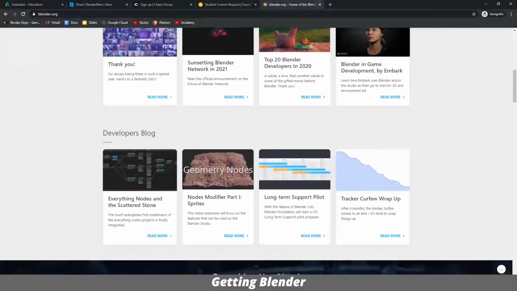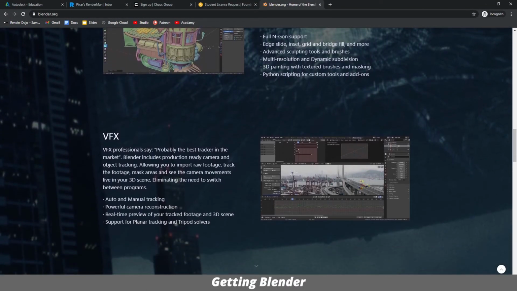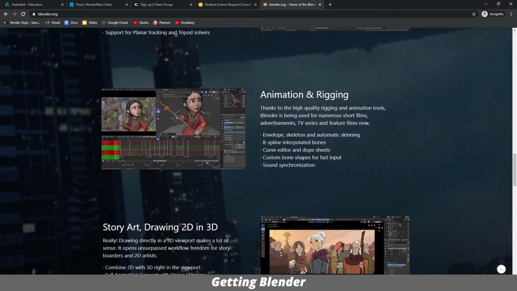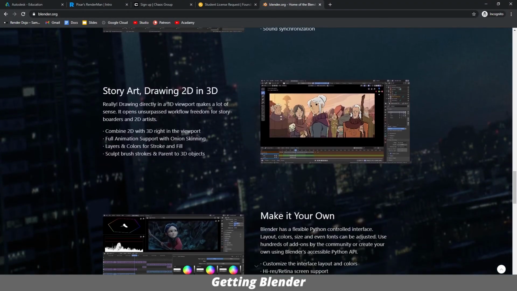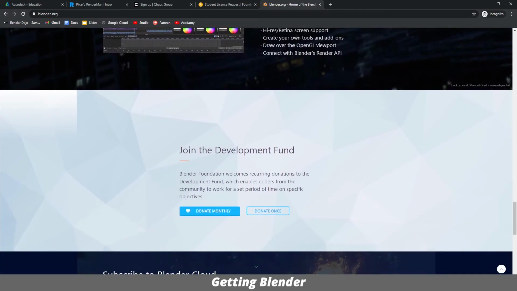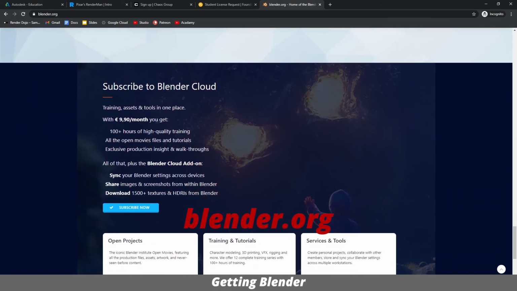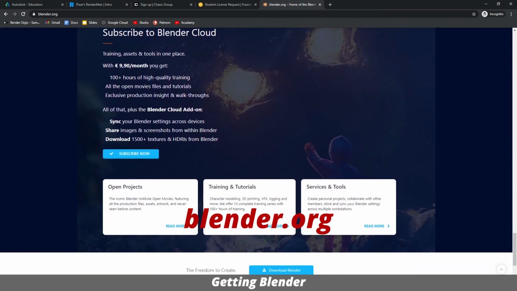It even has some sculpting tools. It is good for VFX and animation. It has some pretty good rendering engines. And nowadays there are more and more plugins and add-ons that are becoming available for artists all around the world. Blender is a great resource and I recommend you use it to its maximum. To get Blender, go to blender.org.